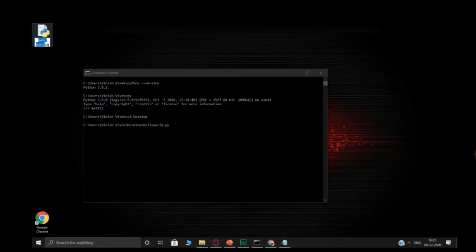Let me just rename this without a space. And if I run this, as you can see, it's saying hello world here. So this is how you can make use of a notepad to just simply write a program and directly execute it using the command prompt.